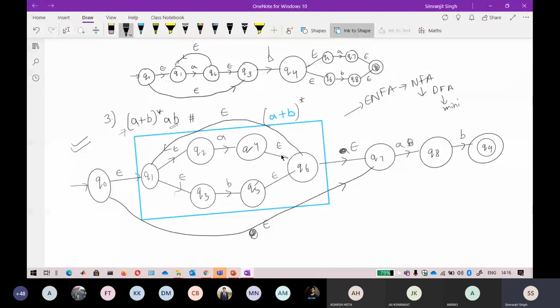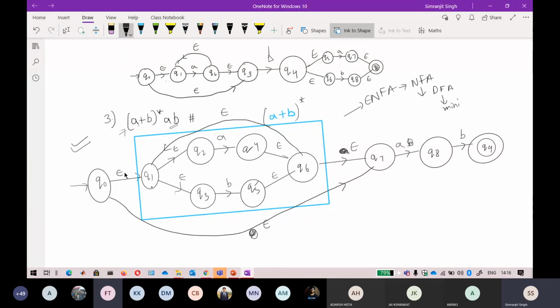If you see, the previous expression is also giving the same, that (a plus b) star followed by abb, all the input strings that are possible in that. Again, you can also reduce the state, you can also divert this Q1 directly to Q7. That is also a very valid way to reduce the states, but I think this seems cleaner, so stick with that. Because that is also correct.